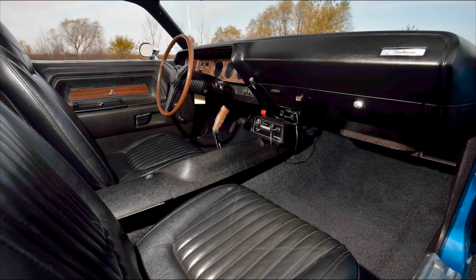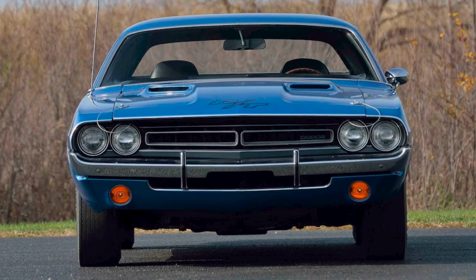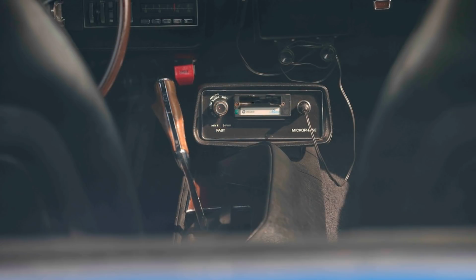talked about already. This Hemi Challenger has the sport hood with pins, a flip-open gas cap, chrome sport mirrors, and 3-speed wipers. The car rides on 15-inch rally wheels with F60 by 15 Goodyear polyglass tires. The interior has black vinyl bucket seats, wood grain panel center console, Hurst pistol grip shifter, premium R36 AM/FM stereo,